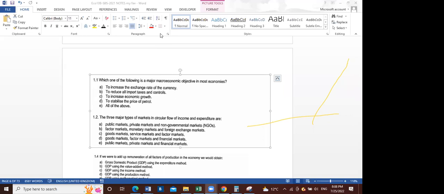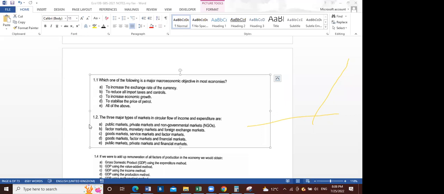All right, I'll answer that question. Somebody is asking the difference between economic growth and economic development. I'll answer to it. So everyone is saying C. I think this one is straightforward. So 1.1 is C. Then 1.2 is stating that the three major types of markets in a circular flow of income and expenditure are,